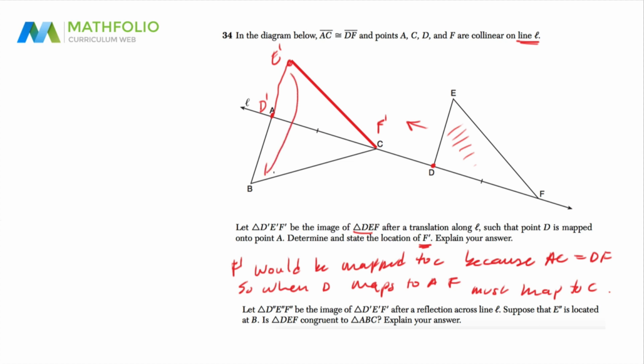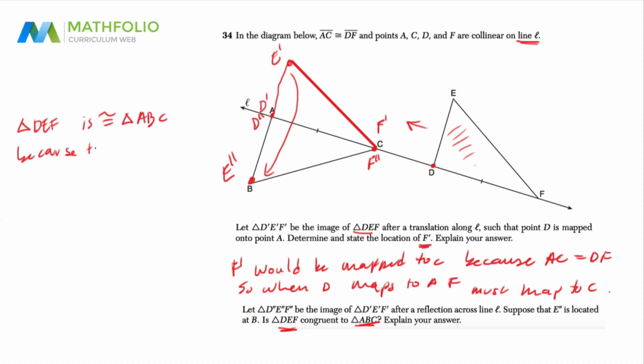If this is reflected, E double prime goes here, D double prime stays in the same place, and F double prime stays in the same place at C. So it says, is DEF congruent to ABC? So we can now say that triangle DEF, which is the original, is congruent to triangle ABC